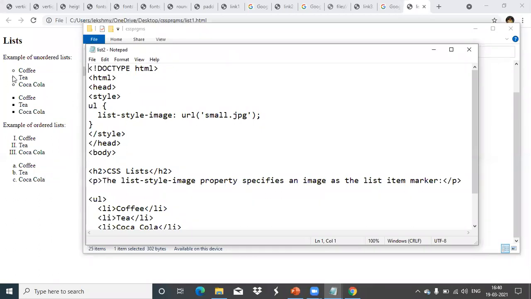This is by default: if I specify square, if I specify circle, it shows with these styles only. This is the image for the square, this is the image for the circle. But if you have any GIF image or any colored image, small listing images, we can give it there. So the property name is list-style-image, url. We have to give that as a value. Inside that we have to specify the image file name. If you specify that, it will show.